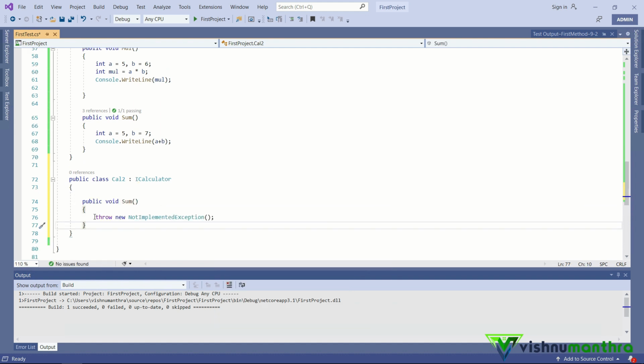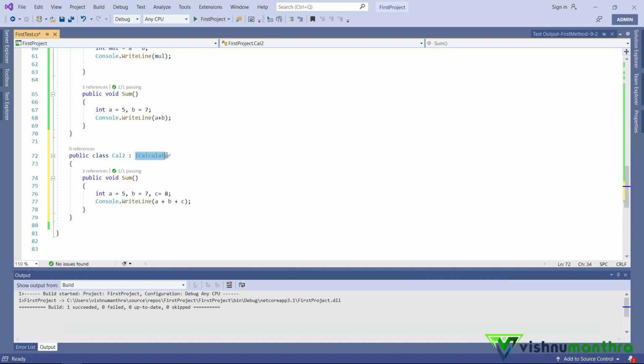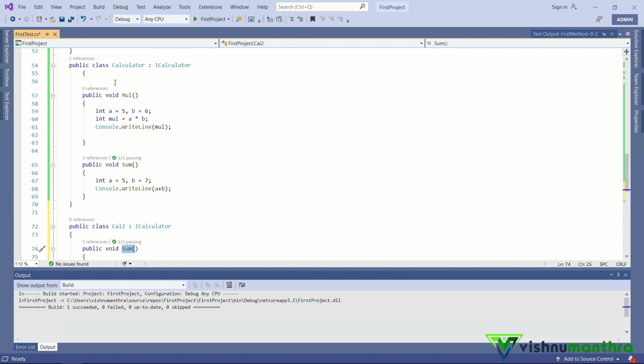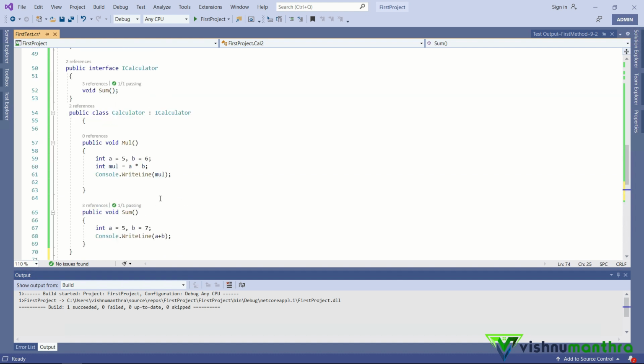So if I click here, this method is here, and I will have one more variable. For instance, I will just copy this and paste it here. Okay, here I am going to add one more variable as 8, and I am going to give here a plus b plus c. Right, now we have the same interface method implemented in a different way. Here we saw that inside this class we implemented it in a different way.